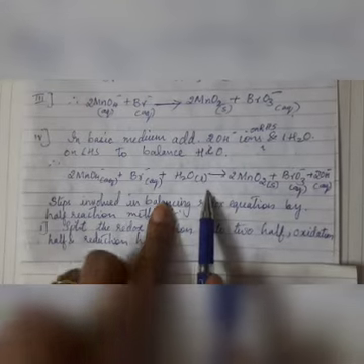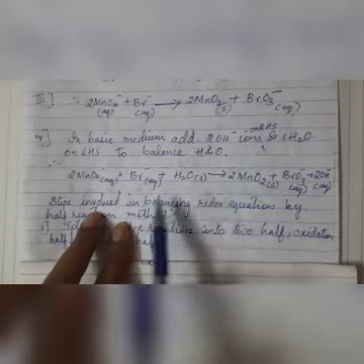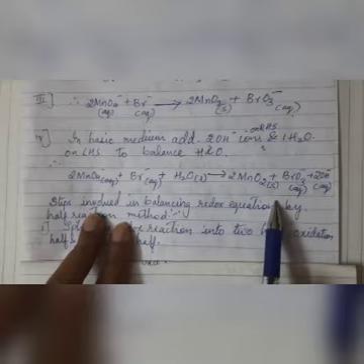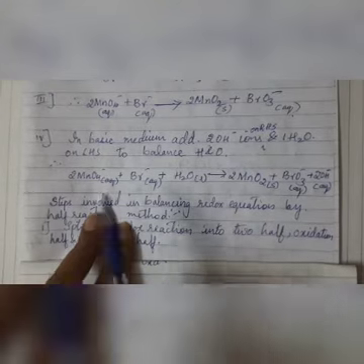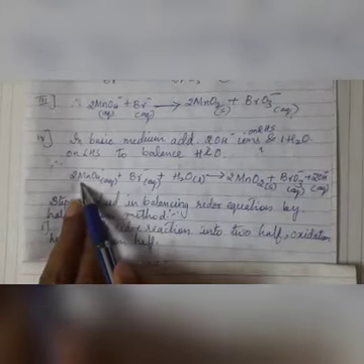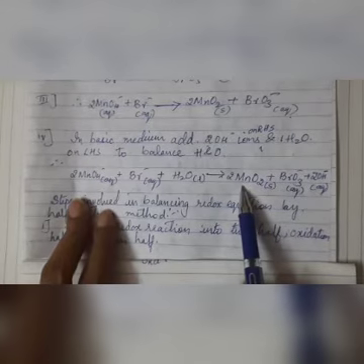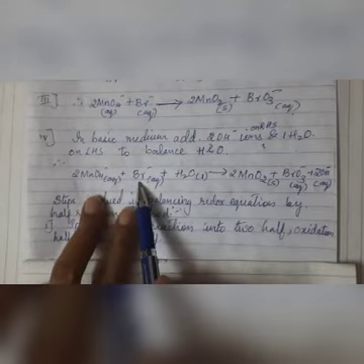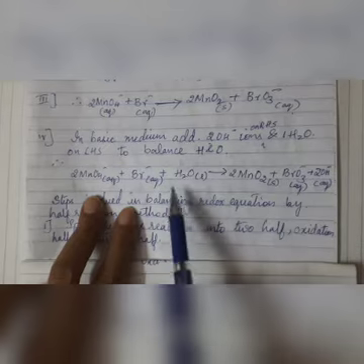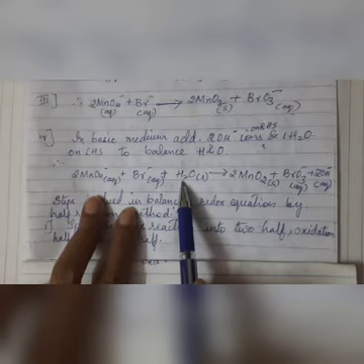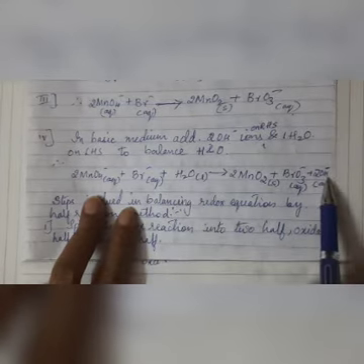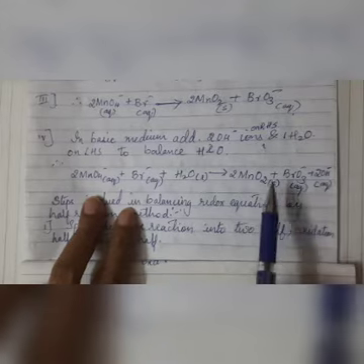So by doing this, you can check the total number of oxygen, hydrogen and the other elements, whether it is balanced or not. Now you can see there is 2 times of Mn. Here also there is 2 times of Mn. 1 time of Br, 1 time of Br. Hydrogen, you can see there are 2 hydrogen atoms over here. This side 2 times of H. So hydrogen is also balanced.